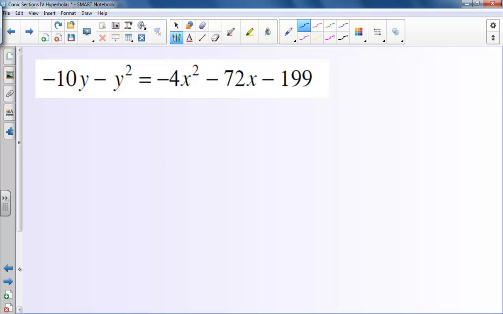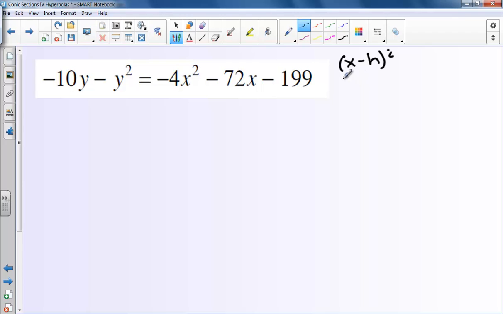Alright, for this problem, I gave an equation that is not really in a nice, neat form, just because I want to make sure that we understand that everything has to be moved before we start completing the square and getting things into their standard form. So here's my goal: right now I have this general form, everything's just straight across numbers, and we can graph in general form, but I'm trying to get